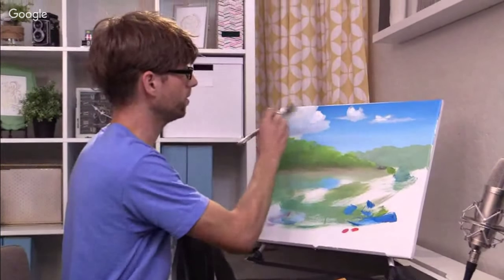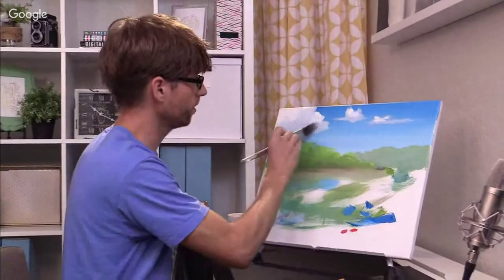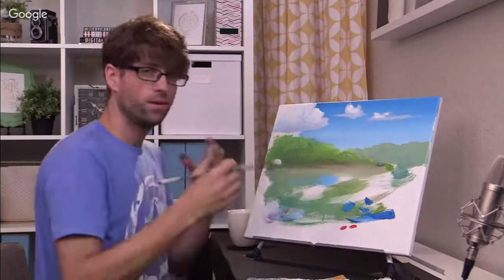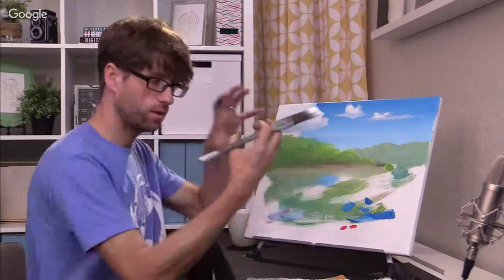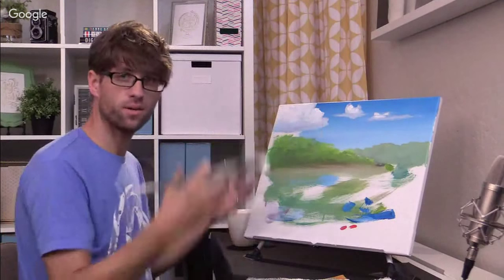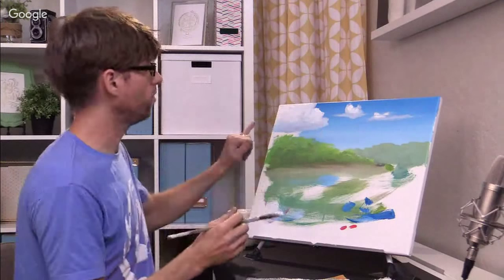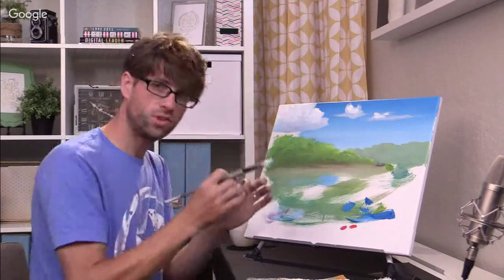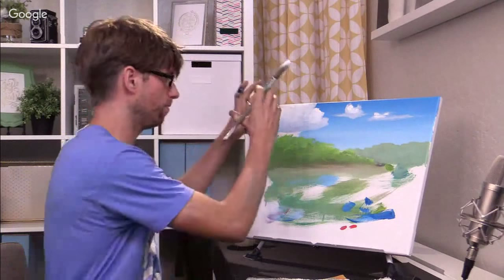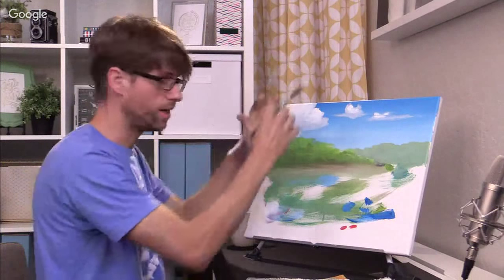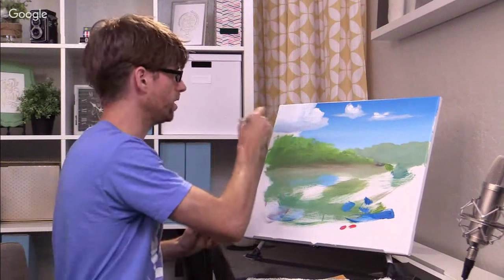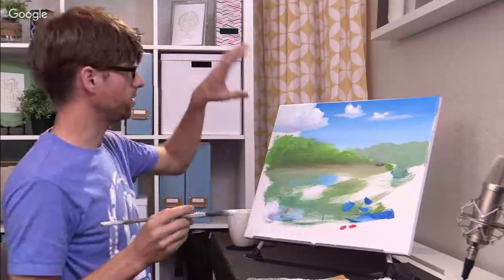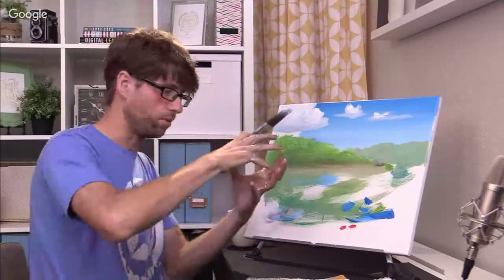Now, I want to keep the shadow very slightly around the edges. A cloud is a shape that is made of many clouds. So think of many clouds coming together to make a larger cloud. So I don't just want to have shadow around the outside of my larger shape. I want to have a little bit of shadow around every individual shape within that cloud that I decide to make it from. The quick and easy way to apply that is to just put patches of white that blend